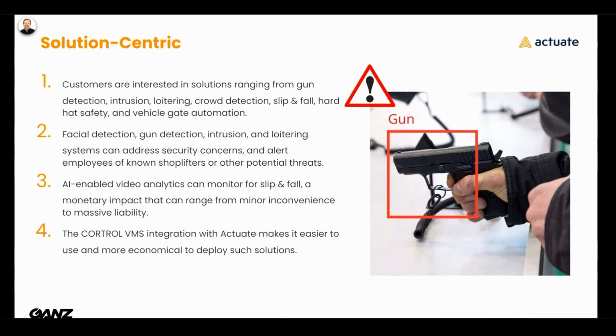The AI-enabled video also allows, from a business perspective, monitoring in the retail industry or the produce industry for slip and falls. Slip and falls, as anyone knows, have a very heavy or inconvenient, at the very least, impact on the day-to-day business, and when it's something more complicated, can create a massive liability for that company. So the AI helps alleviate that concern. CoreTrol VMS integration actually makes it a lot easier and more economical for companies to deploy such solutions where you have the VMS and the AI brought to bear. So it's not just analytics.